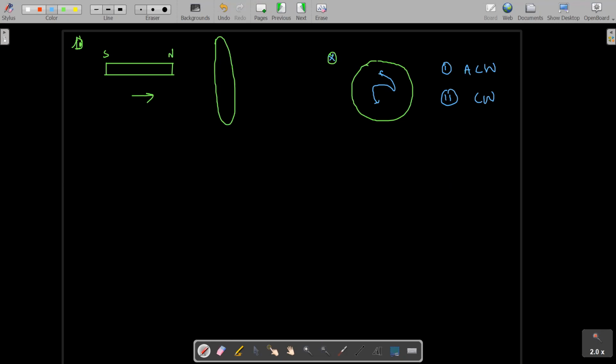So it will induce current in this direction, anti-clockwise direction. One more thing you can say, curl your fingers. This is opposing. So one more thing which you can say for your understanding is that this North Pole is coming towards the loop. This is the loop, and this magnet is coming towards the loop.